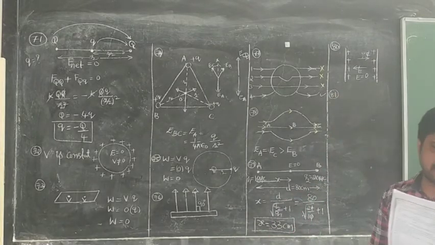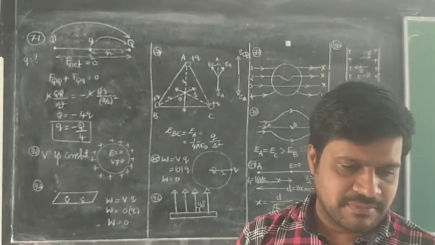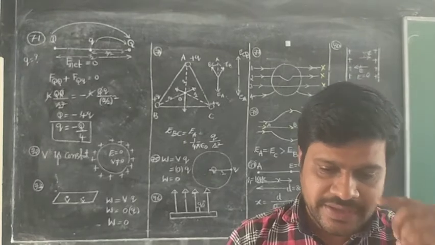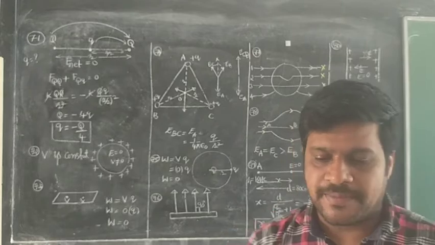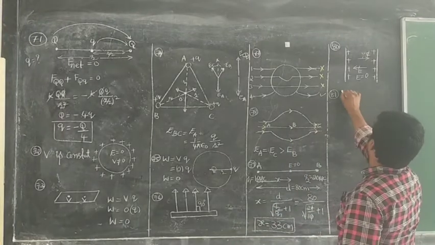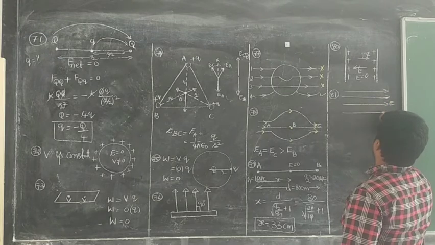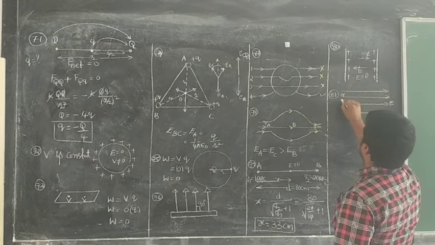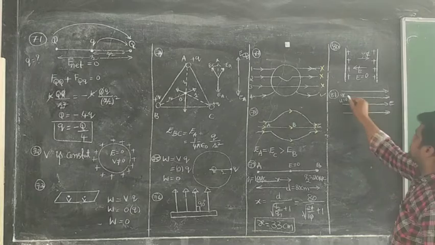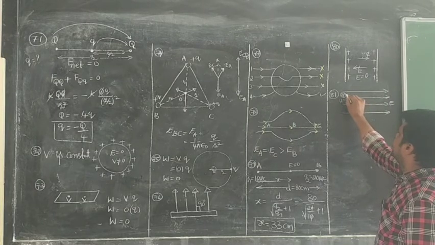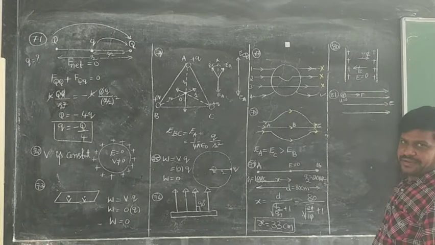81st question. A charged particle of mass m and charge q is released from rest in a uniform electric field E. Now you are observing, this is nothing but one uniform electric field. Inside this uniform electric field, one charge has been released from rest, meaning the initial velocity is 0. When the charge is placed inside the electric field, the positive charge will experience a force in the direction of the electric field.